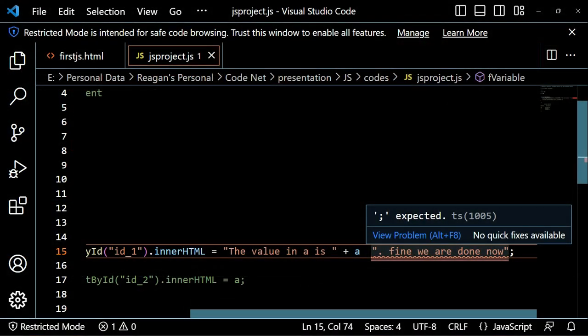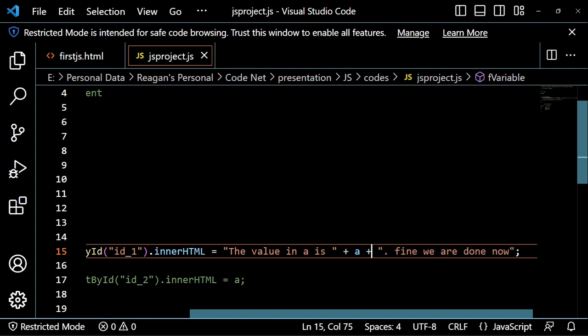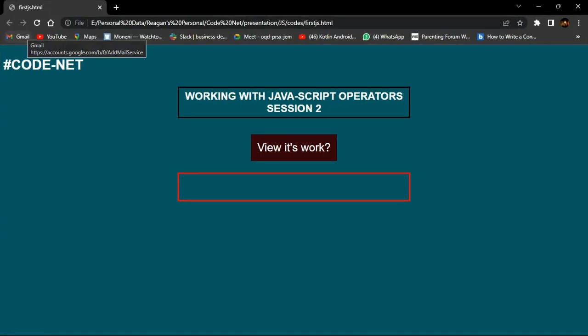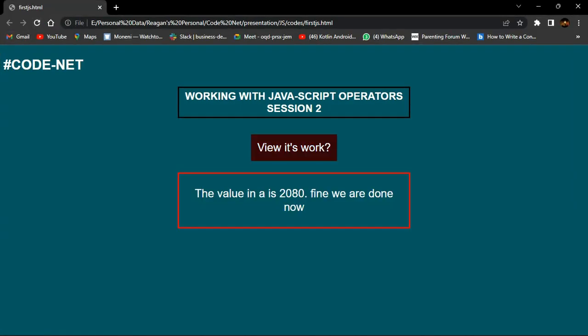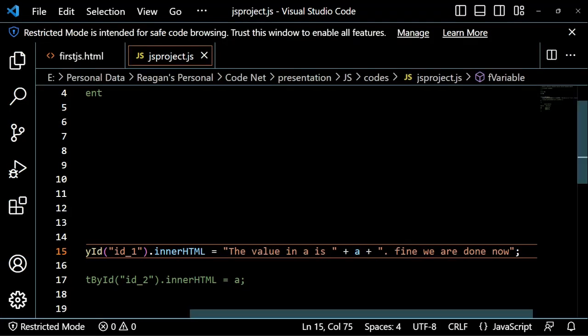In JavaScript, the actual content that are not of the same family, or should I say of the same type, should be connected using the concatenating operator. I'm sure you can even tell what the concatenating operator does. It's just a plus. Plus concatenates things, plus adds things, and anything related to that. So now if we go back on our browser, we refresh, view each work, yeah, we'll print out the same content. So this is what we can present for today when it comes to the second session of operators in